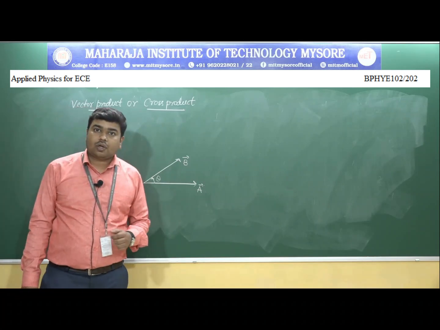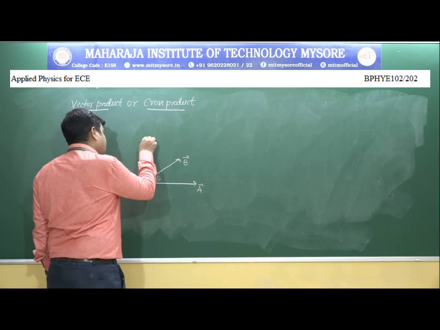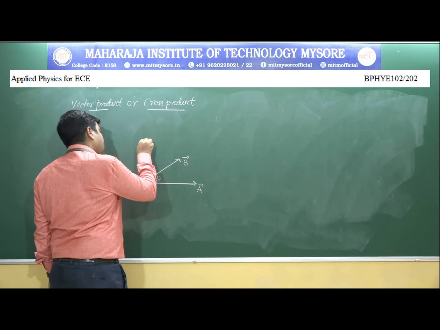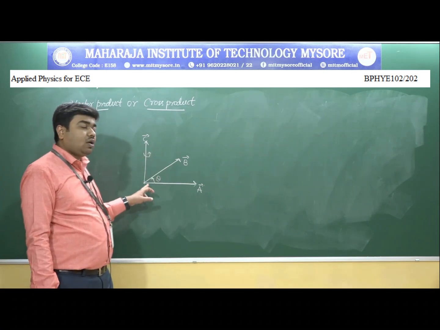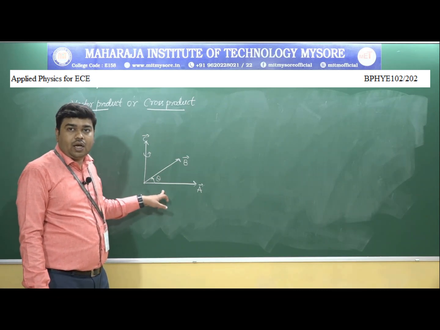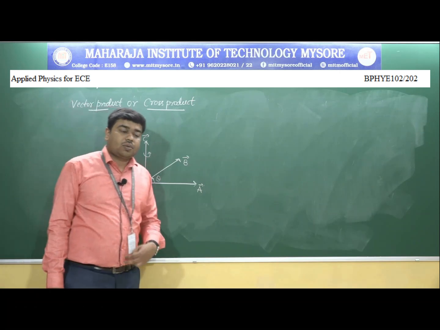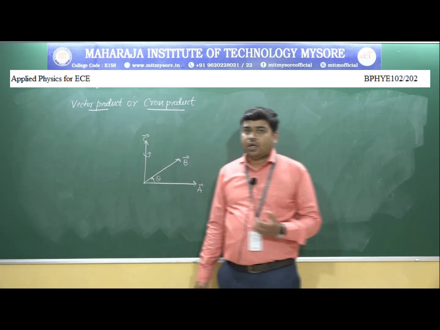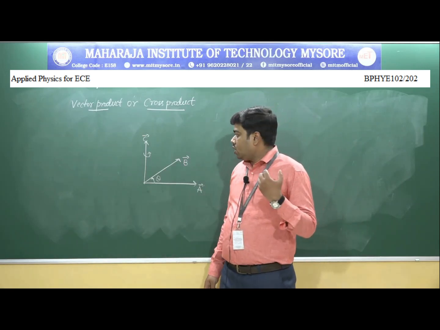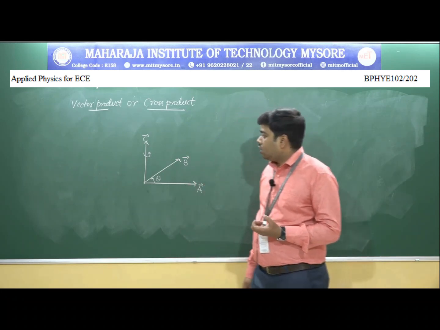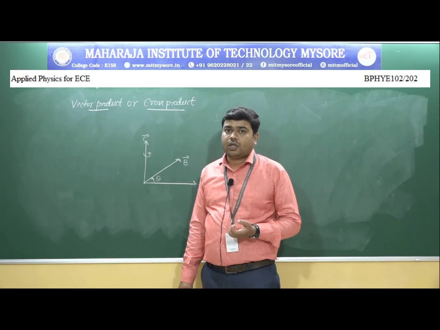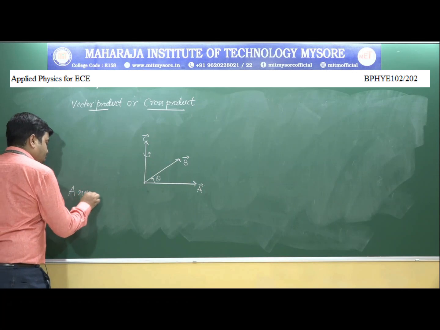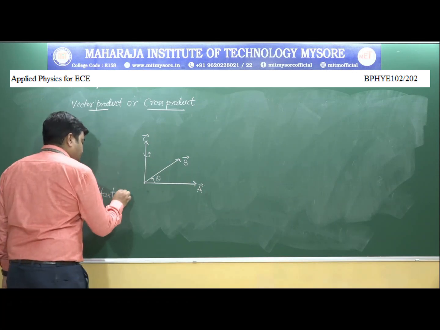Now, if we consider the vector product or cross product of these two vectors, vector A and vector B, which is inclined at an angle theta, it is nothing but a resultant vector C, which is a vector quantity where the resultant vector is mutually perpendicular to both the vectors vector A and vector B. So, vector product or cross product of any two vectors is nothing but a vector quantity wherein the vector product can be defined as the product of the given two vectors and cos and sine of the angle between those two vectors, where the unit vector is mutually perpendicular to the given two vectors vector A and vector B. a resultant vector